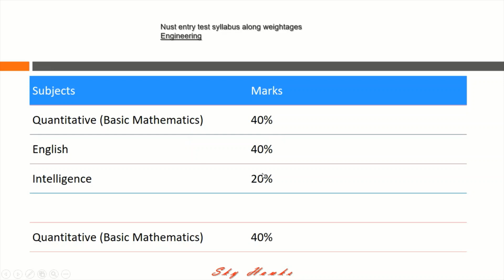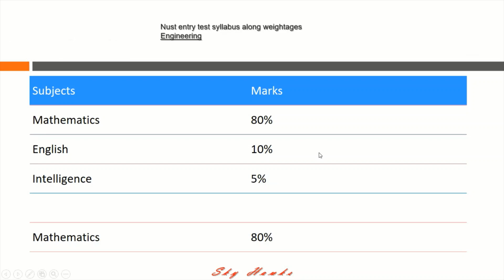So you will have to focus on the basic mathematics. It's slightly different from all those books of the FSC syllabus. But anyhow, we have a lot of questions. English, now it's 40%. Intelligence, 20% instead of 5%. So more intelligent people are required for the business study. Anyhow, so the next is,